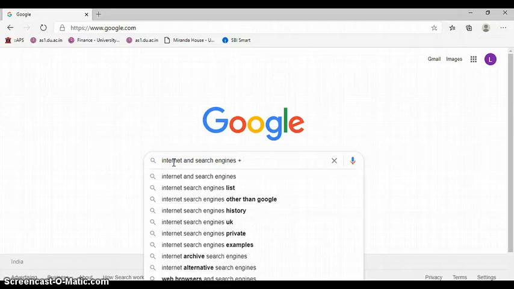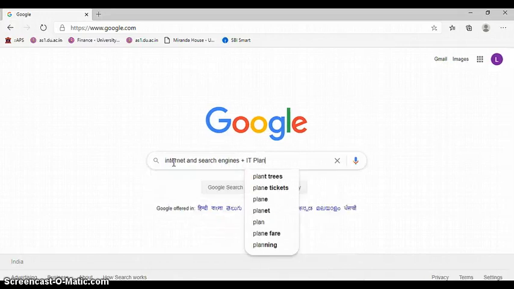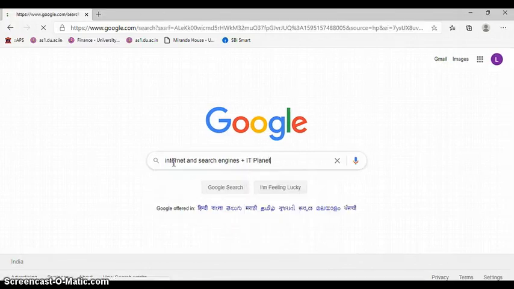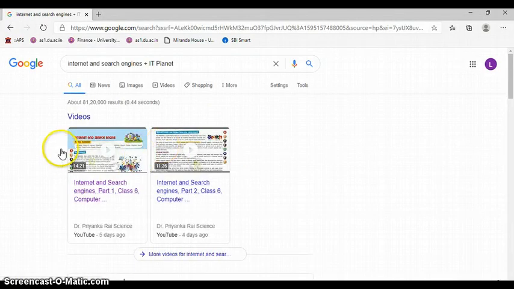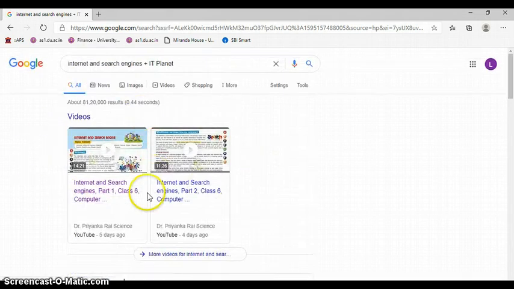If you want to modify your search, or if you want a focused result, you can add more keywords like IT Planet. So these are the searches. These are the two basic searches.